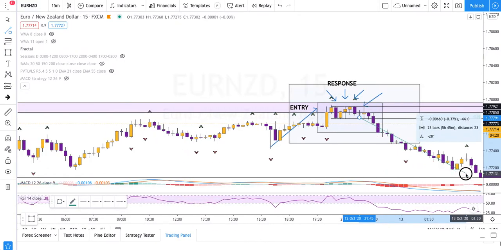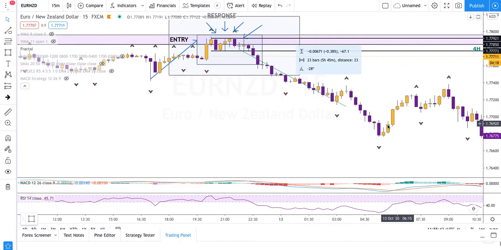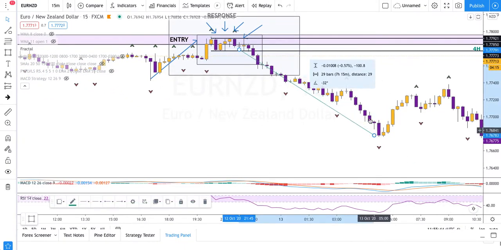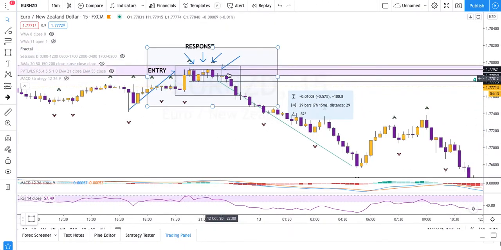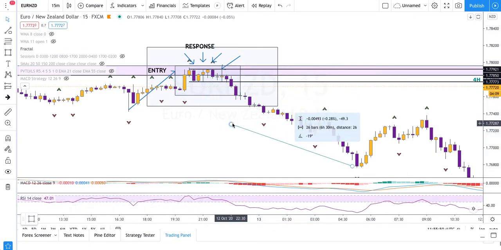Oh, it goes down further. Hold on. All the way down. 100 pips if you would have seen what was going on in the 15-minute chart. So